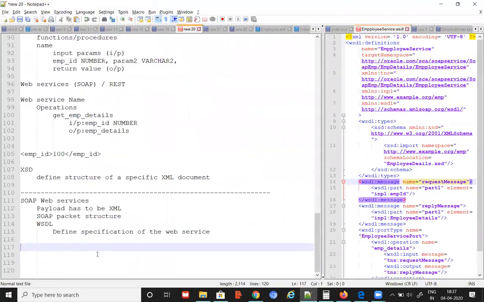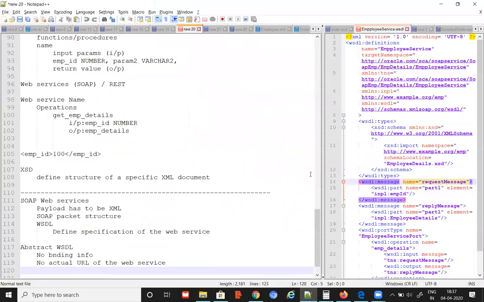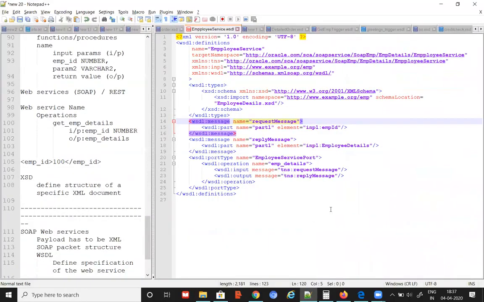So in case of abstract WSDL, no binding information. That means we don't know the actual URL. No actual URL of the web service. So you don't see the URL anywhere if you look at this web service, right?